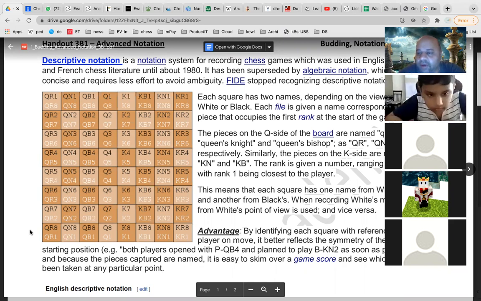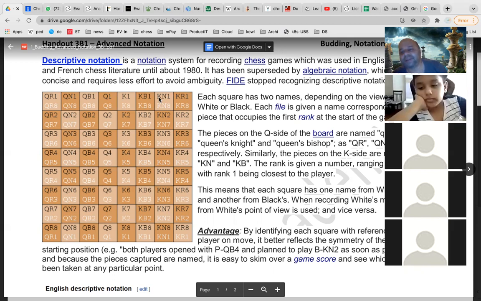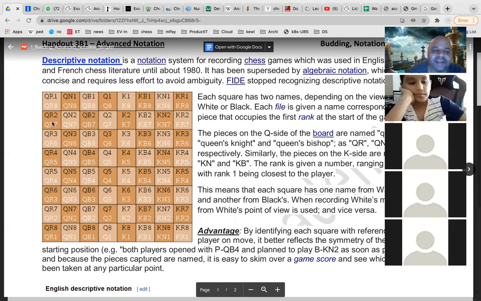So first thing is that the ranks in the algebraic notation have a unique number. It is always from the white side, starting from the base 1, 2, 3, 4, right? Ranks are horizontal rows, and in algebraic it is always unique. First row means always white side base. Second row means white side pawns where they stand. Even when you are looking at it from the black side, your base is rank number 8, and your black pawns start on rank number 7, right? That is how it is.